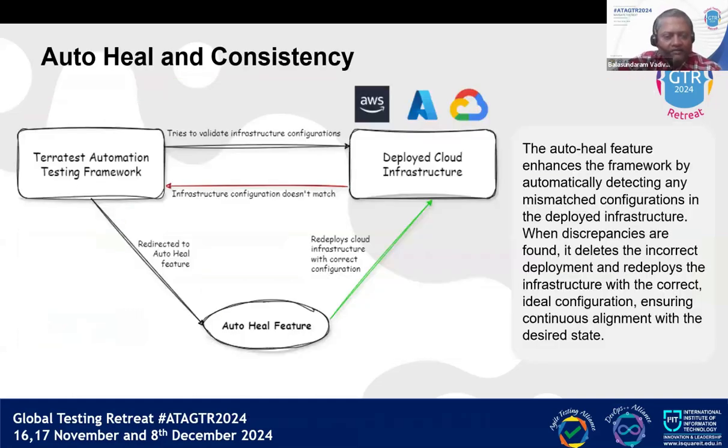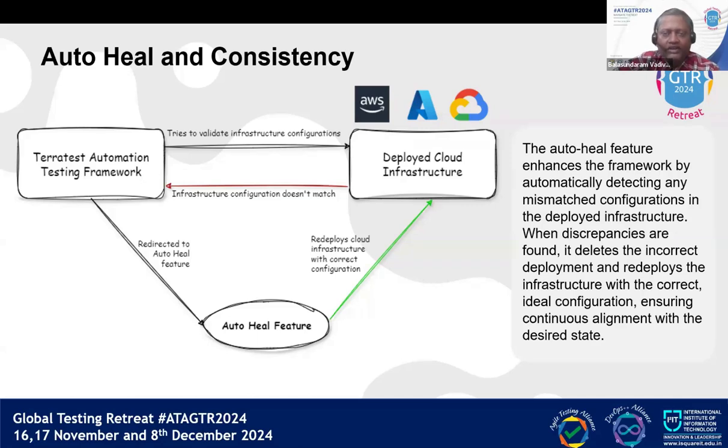So in general, we have developed this framework enabled with an auto heal feature. For example, we have a set of jobs in the Jenkins pipeline. The first job runs the Terraform test to stand up the infrastructure on different environments. After it is stood up, the next job in the pipeline automatically validates whether the infrastructure was created as per the requirement or not.